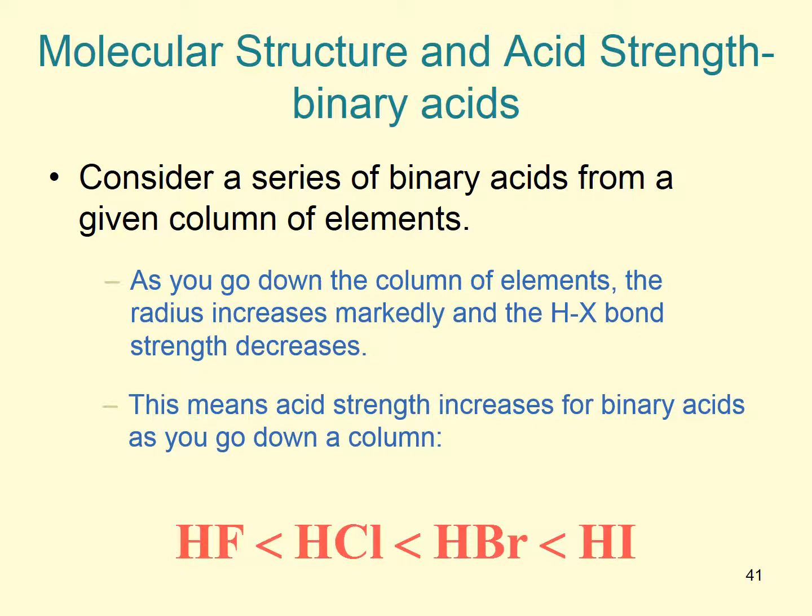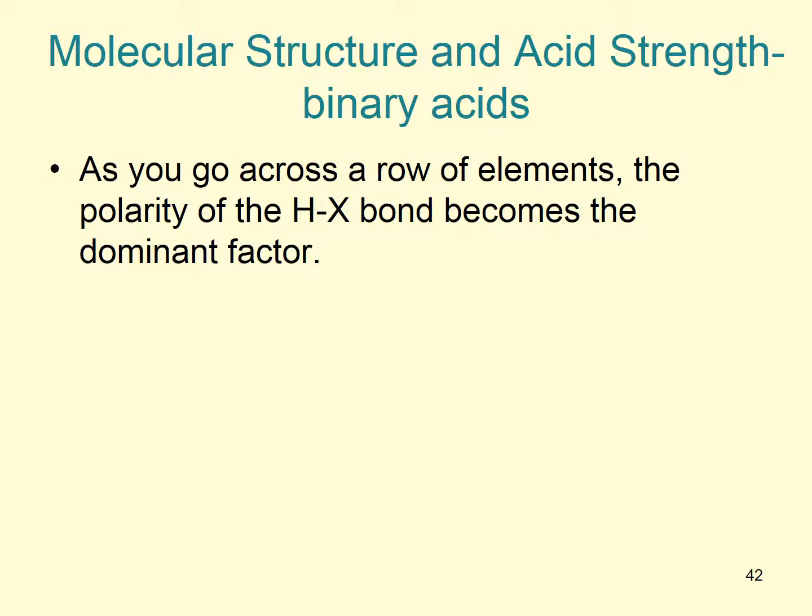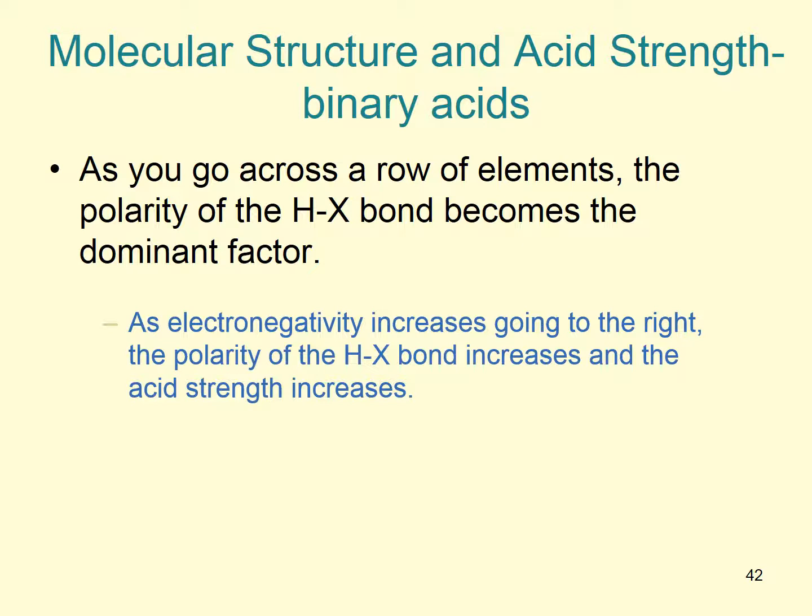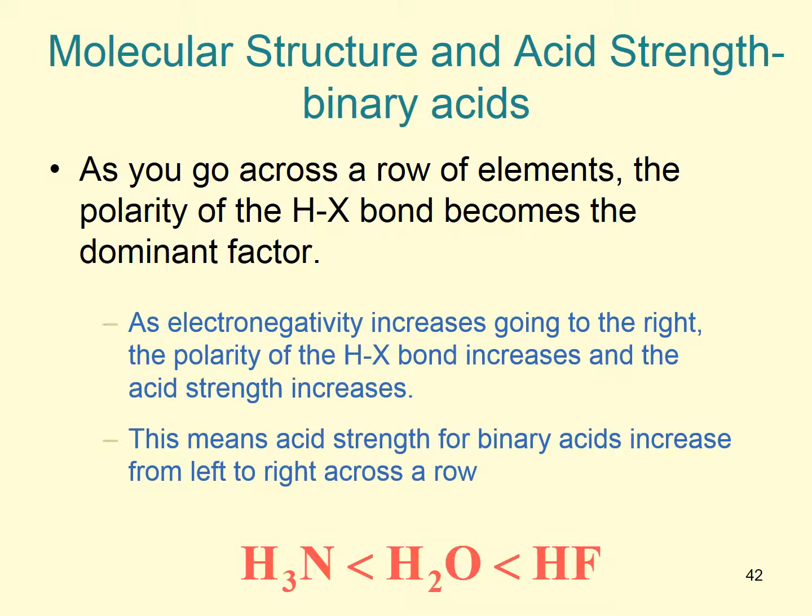So same idea. As you go down, because the atoms are getting bigger, the bond is getting weaker, and the acid is getting stronger. As you go across a row of elements, bond polarity becomes the most important thing because they're all similar in size going across a row. So as electronegativity increases, the polarity increases and the acid strength increases. So this means, for example, that H3N will be a weaker acid than H2O, which will be a weaker acid than HF. So going across the row,